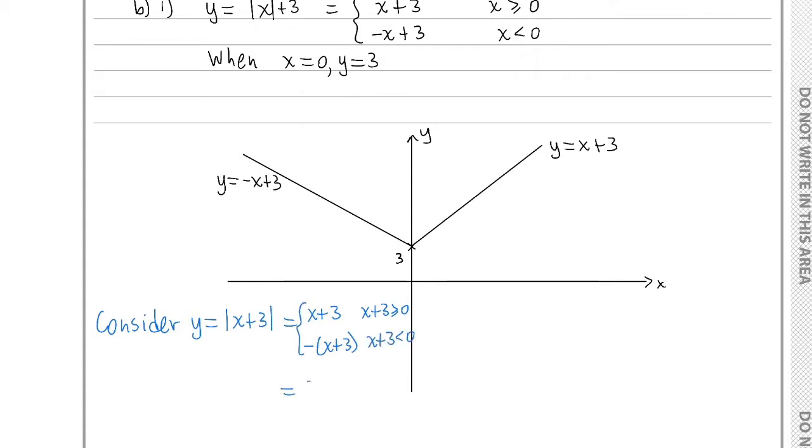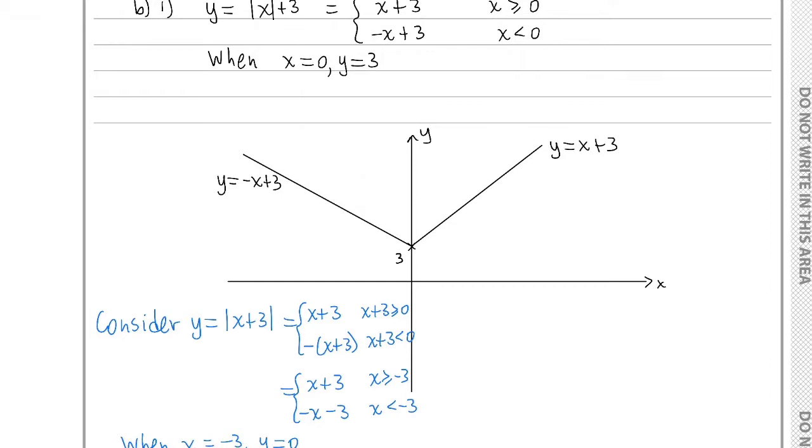This simplifies to x plus 3 if x is greater than or equal to minus 3, and minus x minus 3 if x is less than minus 3. So now the vertex is at minus 3. So when x is minus 3, y is 0. It's quite interesting now that